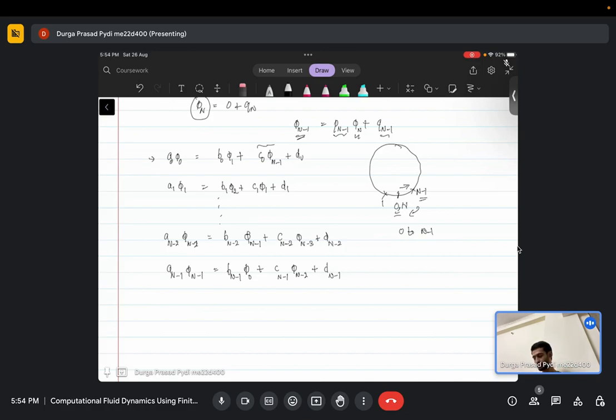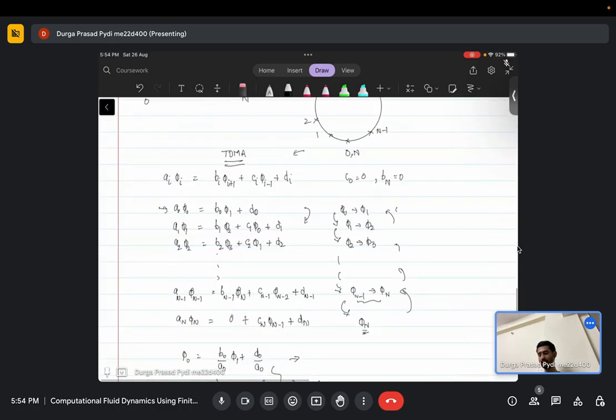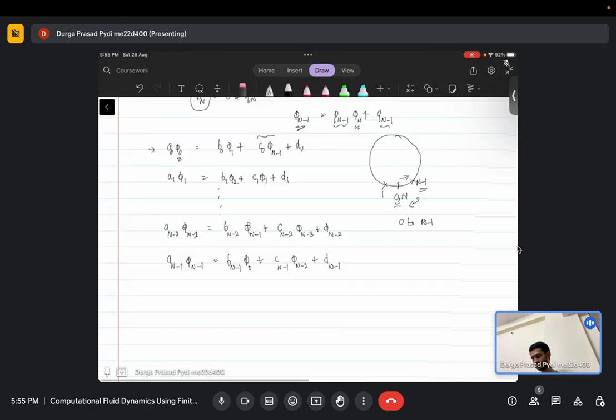But unlike the previous one, the only difference here is the first equation, phi 0. Previously we expressed phi 0 in terms of only phi 1. We don't have any term with c0 here. That's why we were able to do this. Phi 0 was expressed only in terms of phi 1, and then phi 1 only as a function of phi 2, phi 2 only a function of phi 3, so that eventually when we get to phi n minus 1, that will be only a function of phi n, and when we substitute back in the last equation, the entire equation will be in terms of phi n, and we were able to get a value for phi n. But now if we see in the present case,